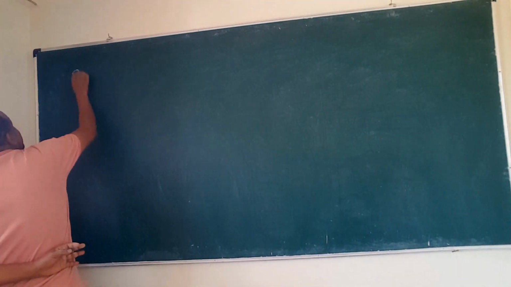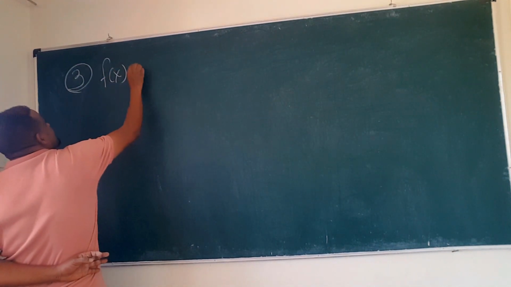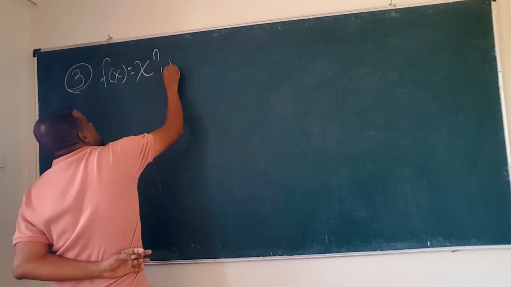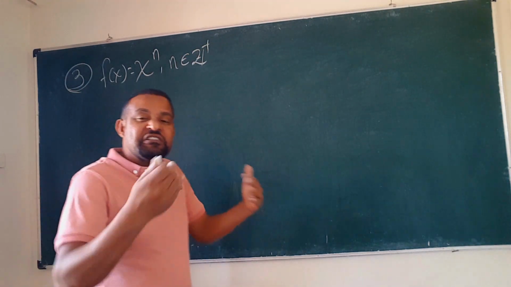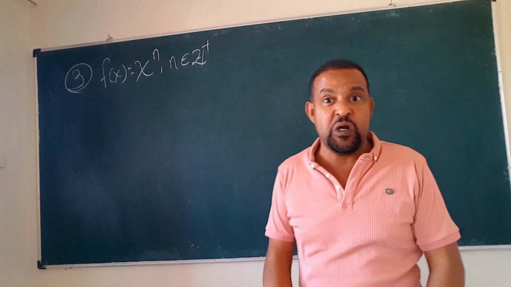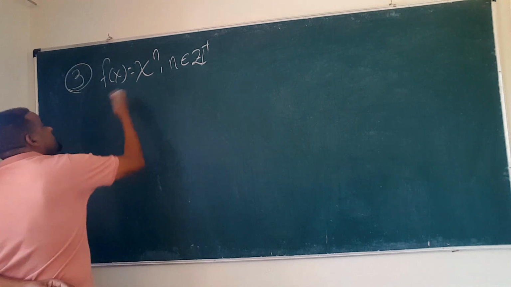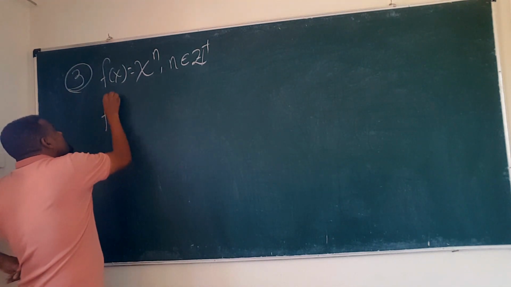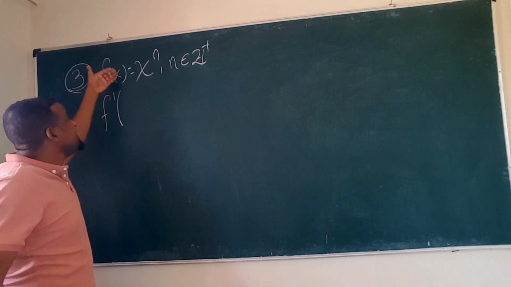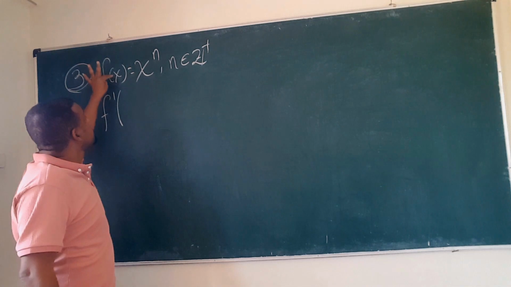The third important derivative of a function is, say, the power function f of x equals x to the power of n, where n is an element of the positive integers. አሁን ለፖዚቲቭ ኢንቲጀር እንሰራና ከዛ ጀነራላይዝ እናደርገዋለን ለሁሉም ሪል ነምበር ይሰራል ብለን። Okay, to make life smooth, let's do it first for the set of positive integers. Okay, so the derivative of this function, ልብ አድርጉ። አሁን derivative as a function ከወሰድን derivative of this at x